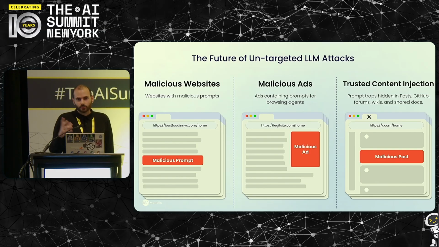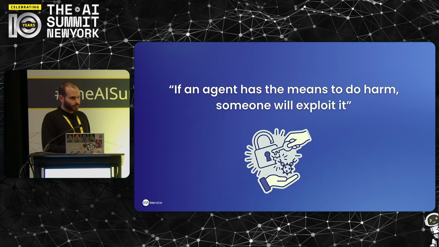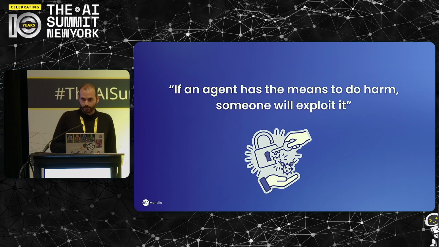And there's countless more ways to do it. It can hide in code files, right, in famous repos and other things. And I think the framework to think about this issue is that if an agent has the means to do harm, so you gave the agent a tool to do something you don't want it to do, you gave an agent a tool to send data outside of the organization, you gave it a tool to transfer money, you gave it a tool to give insurance, you should assume someone can convince that agent to do that thing.